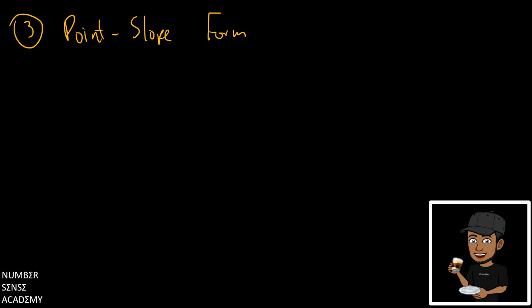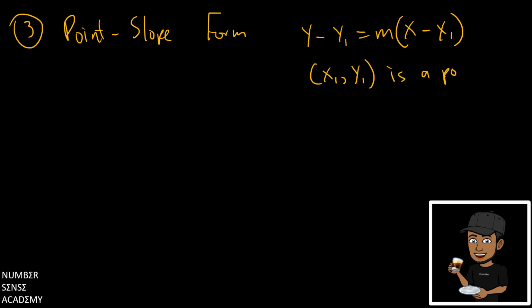And remember that is y minus y1 is equal to m times (x minus x1), where x1 and y1 is a point on the line. Okay, and this equation is really useful for actually coming up with your equation. Okay, especially if you have a point, it's useful for